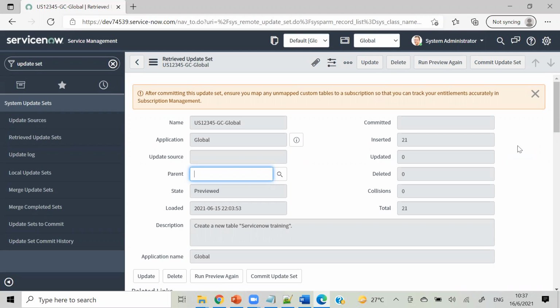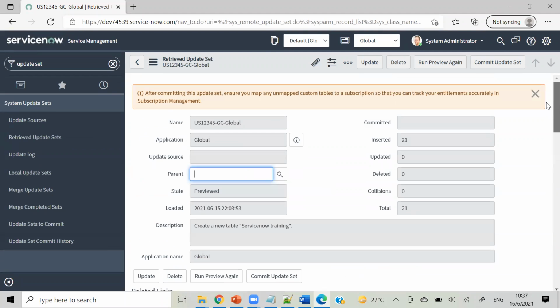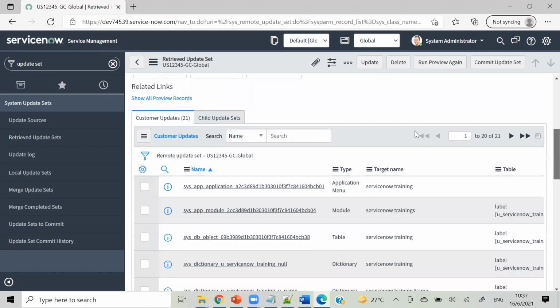You will have 4 to 5 options. Okay. So I have clicked on preview. So preview, that is not completed. I have just previewed, and you can see we preview just to know if that has any issues or not, if that is okay or not, before committing. Okay. And I have previewed, and you can see customer updates. We have made some 21 updates, right? So all those are appearing here.